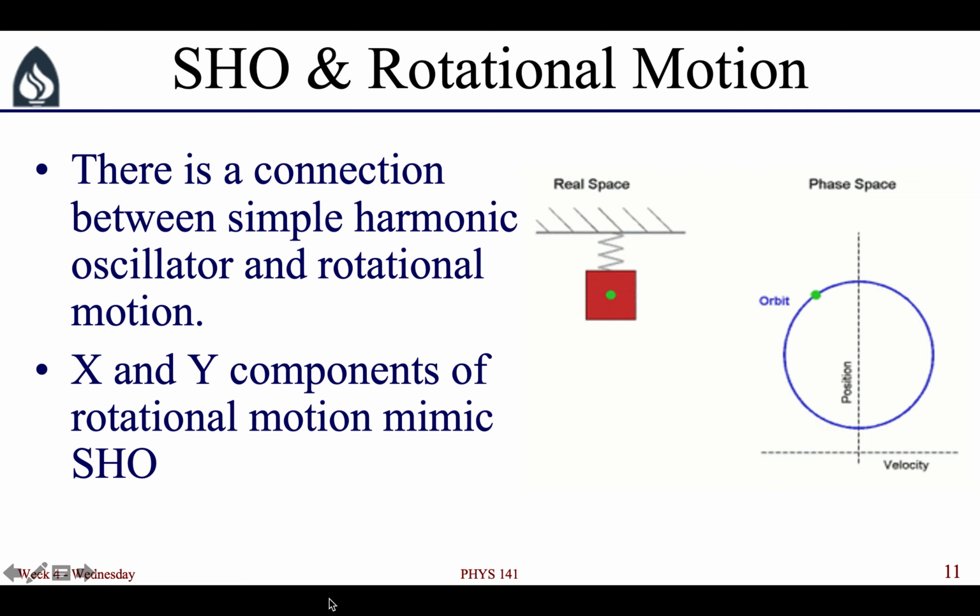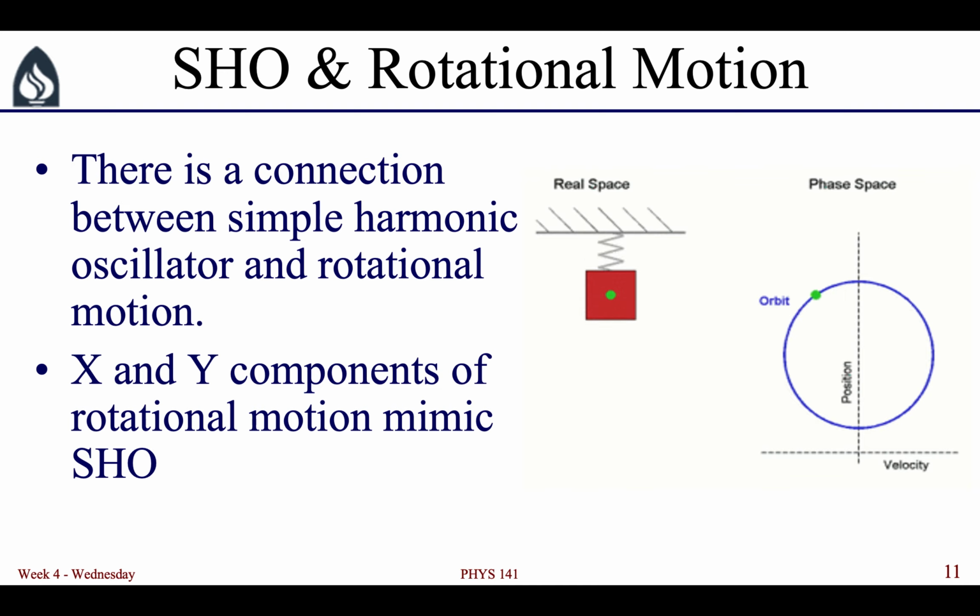There is a connection between simple harmonic oscillator motion and rotational motion. If you look at the animation, you will notice that the green dot in the center of the red oscillating square on the spring is in the same vertical position as the green dot that's going around the circle. So if you look at the Y position of the green dot going around the circle, it's exactly the same